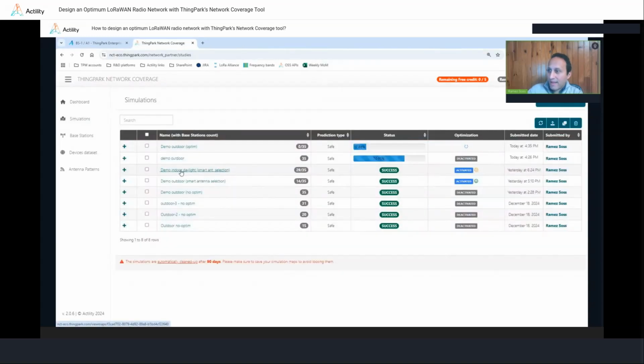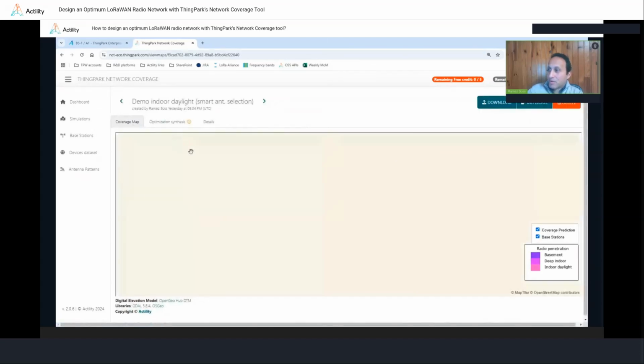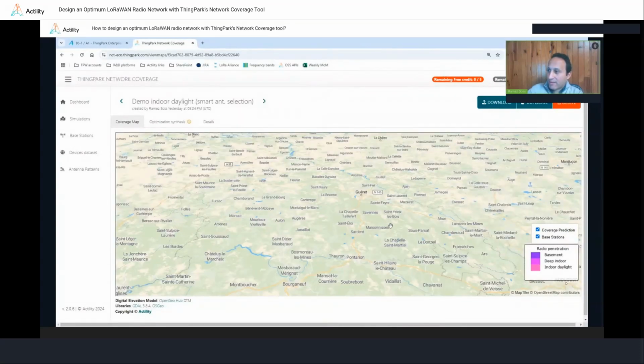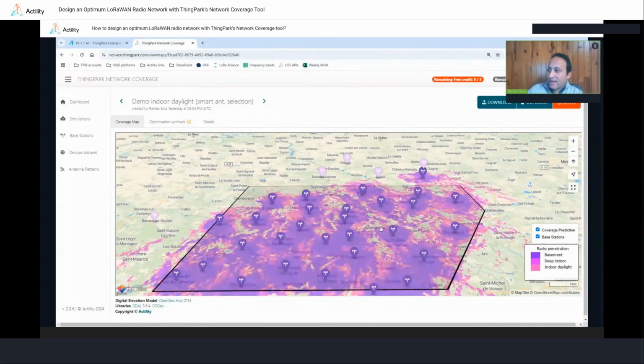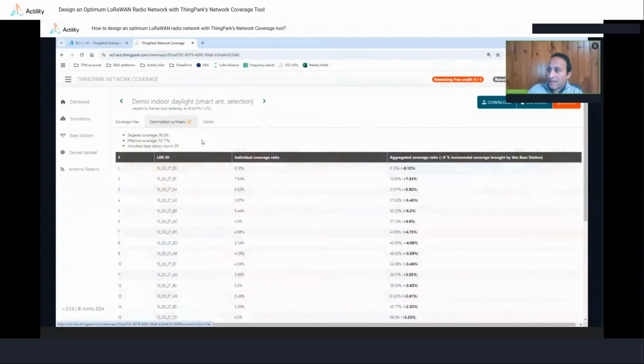And you will see here that under the demo indoor daylight, smart antenna selection, the tool tried to fulfill the coverage requirement of 95%, but it didn't really succeed to provide indoor coverage with 95% for the whole area. It has already activated 29 gateways out of 35, but that was still not enough.